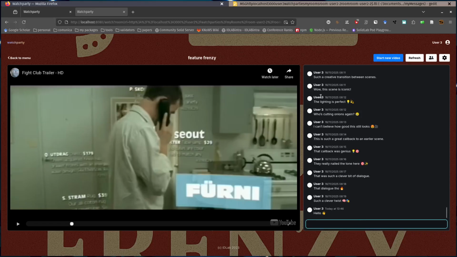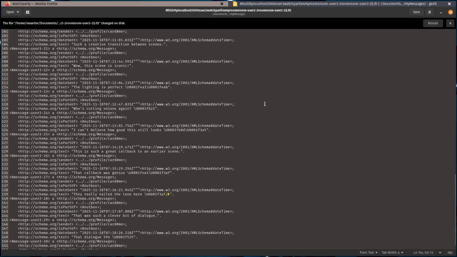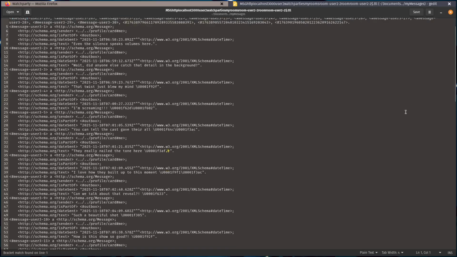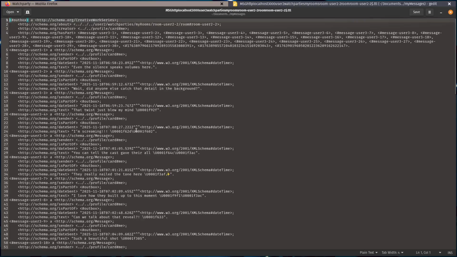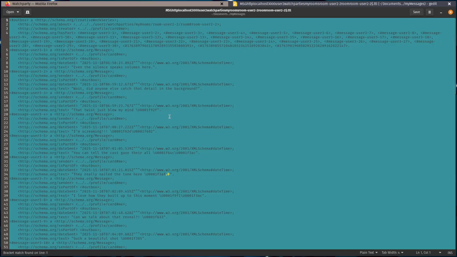Now the final thing that I want to show is that user 3 has full ownership of his data, so what he can actually do is go into his messages, and you can see that I need to reload because at the end there will now be the hello message that I sent, and this is just directly data from the server. So these are all the messages from user 3, and what I want to show here is that user 3 could use another application or directly go to his data and just select everything and delete it,